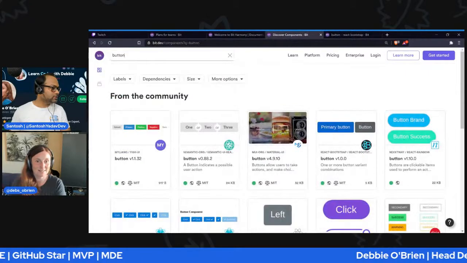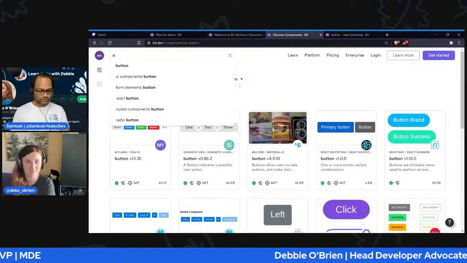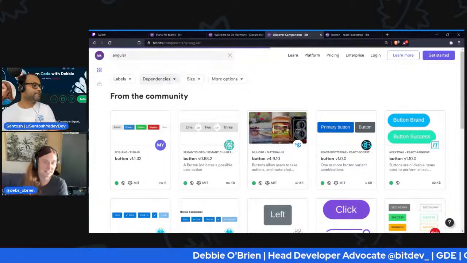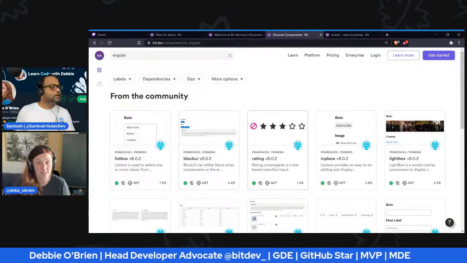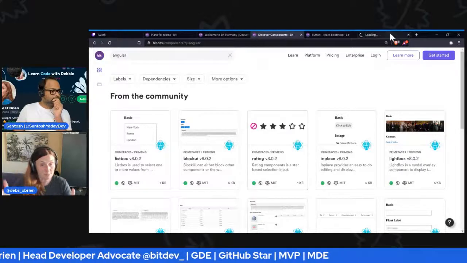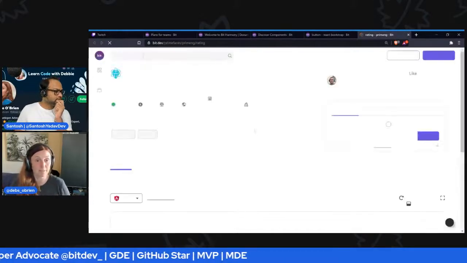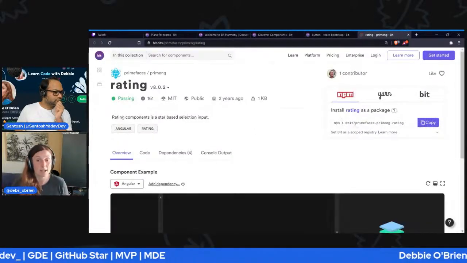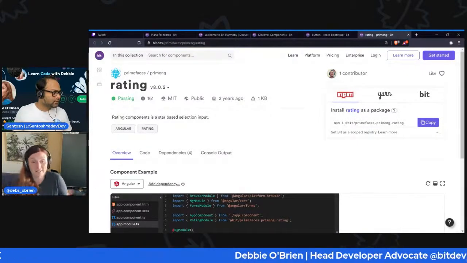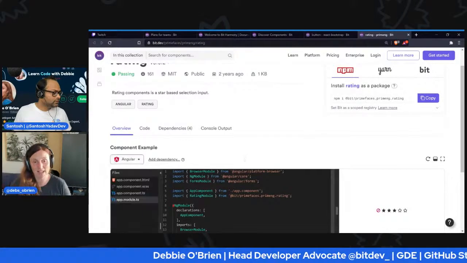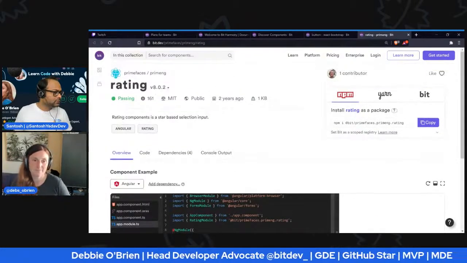Yeah, search for it there, and you can just search for the Angular stuff. So say you did want to use the old version of Bit and you wanted to use some Angular stuff, then you can use their PrimeFaces buttons and stuff, and you can start playing around with it. But the new version is going to be better and cooler. So yeah, Angular support will be coming soon.